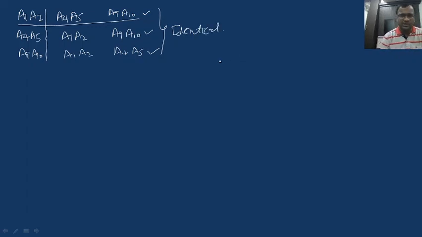But in the previous counting, we have considered these three as different selections. So in order to find the correct number of ways, we have to divide by 3, because these three combinations are identical selections, because the same set of sides is selected: A1, A2, A4, A5, A9, A10. And here also we have selected A1, A2, A4, A5, A9, A10, because we already know that in selection the order is immaterial. That's why these three selections are known as identical selections.